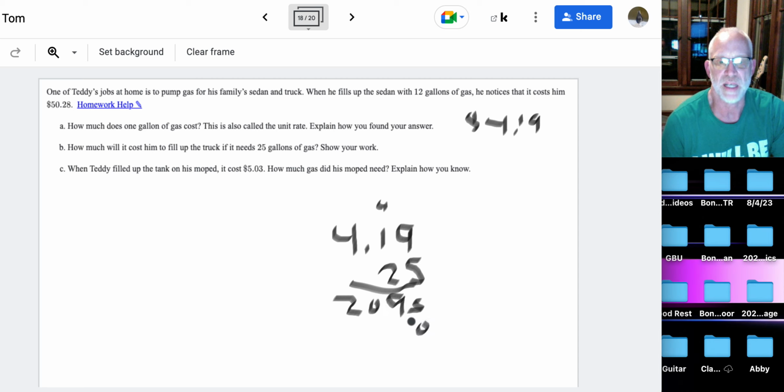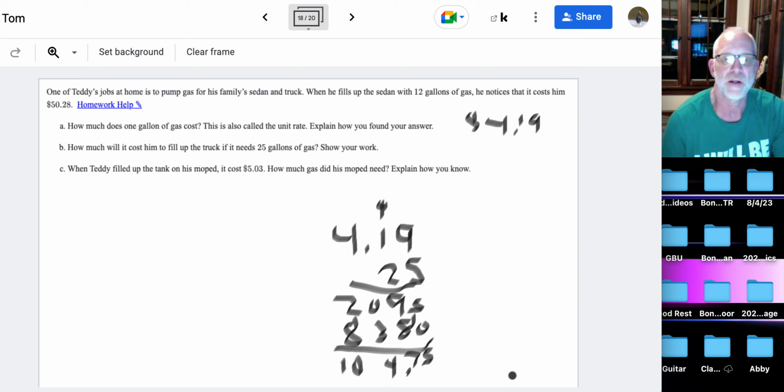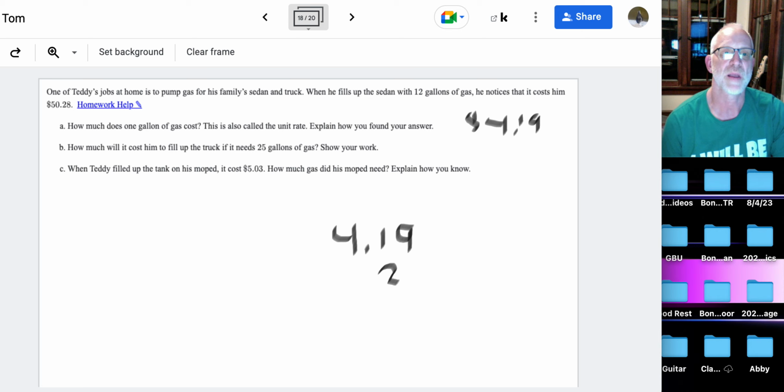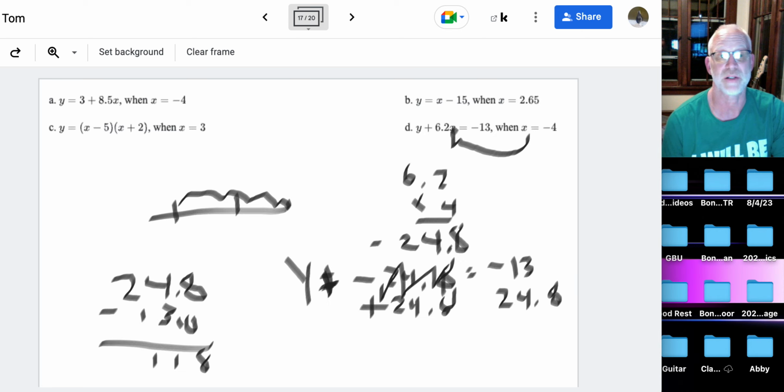2 times 9 is 18. Put down the 8, carry the 1. 2 times 1 is 2, plus 1 is 3. And then 2 times 4 is 8. Adding these up, 5, 17, carry the 1, 4, 10. We've got 2 decimal spots on the top, 1, 2, 2 on the bottom, $104.75. And then the last one, if Teddy filled up his tank on his moped, it cost